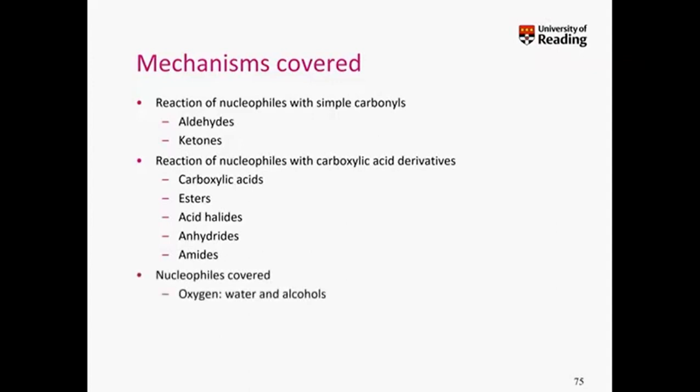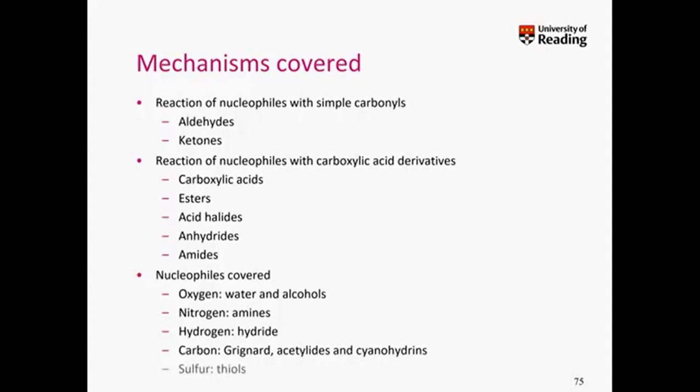We've then had a number of different nucleophiles. We've had oxygen, so water and alcohols. We've had amines. We've had hydride from the complex metal hydrides. We've had carbon, we've had Grignards, acetylides and cyanohydrins. And finally, we've had thiols. We've just touched on those, but they follow the same patterns as the oxygen nucleophiles. So what you've got there is several different kinds of nucleophiles and several different kinds of carbonyls. And you can't learn all of those reaction mechanisms by rote. You can't say, right, what would be the movement of the arrows with an aldehyde with an amine or an aldehyde with a Grignard? What you need to do is see where those mechanisms are similar and where they differ,